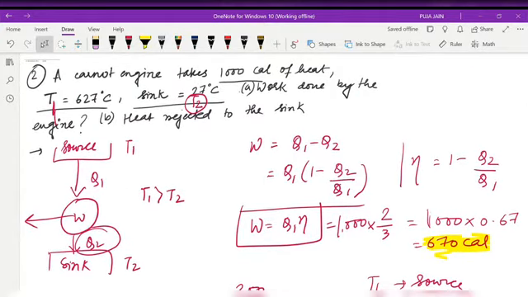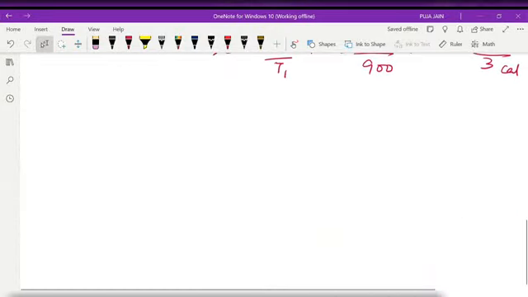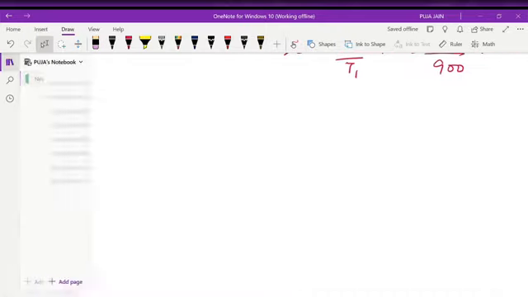I hope the concept of heat engine and heat pump is clear to you. Next we will talk about work done. In the examination we will get some questions where a graph is given and they will ask you to find the work done, or with the help of the graph they can ask what is the efficiency of the cycle. We will do that type of sums. First we will read some part of the theory. So let's go with the theory first.